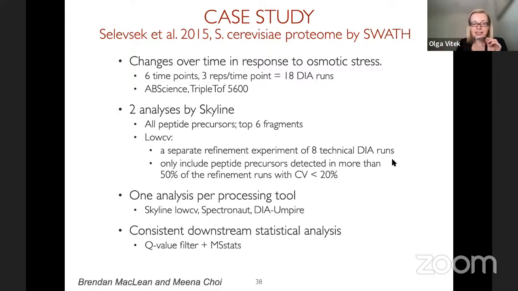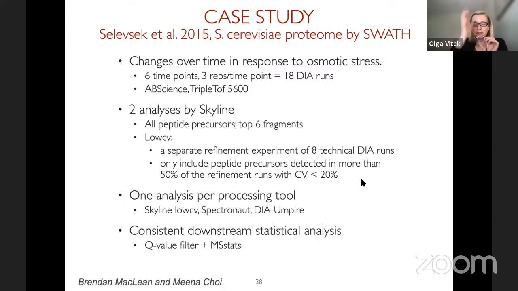They had a separate experiment where they had 8 technical DIA runs of the same sample to essentially understand how reproducibly and consistently they can quantify the same thing. From these technical refinement runs, they selected peptide precursors which were detected consistently, so detected in more than 50% of the runs, and also had low CV, so CV less than 20%. And so now we have a choice. Either we quantify everything we see, or we rely on this type of